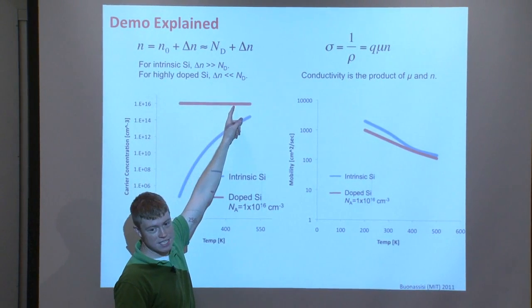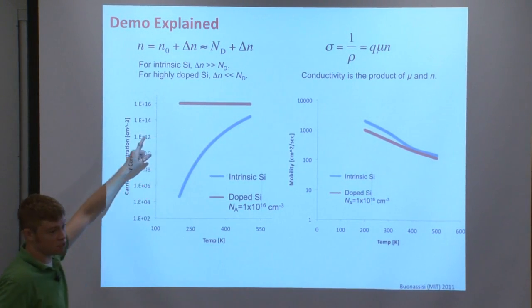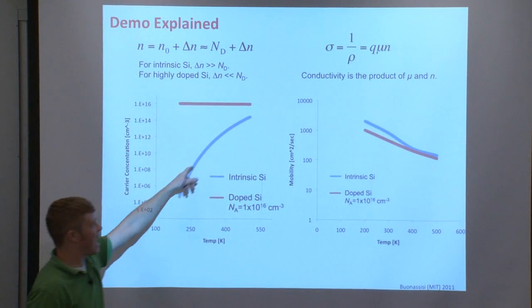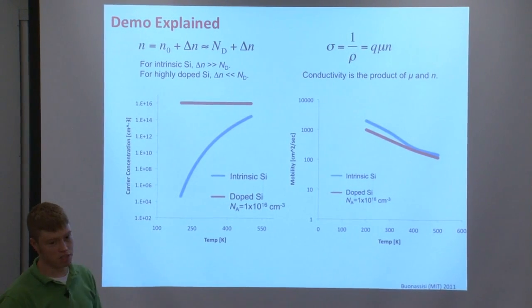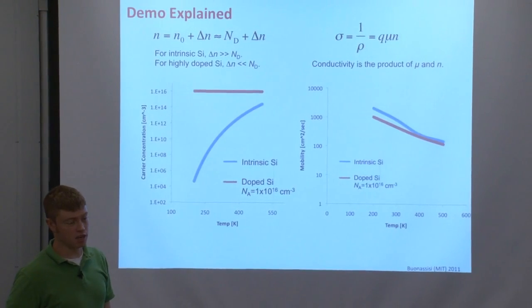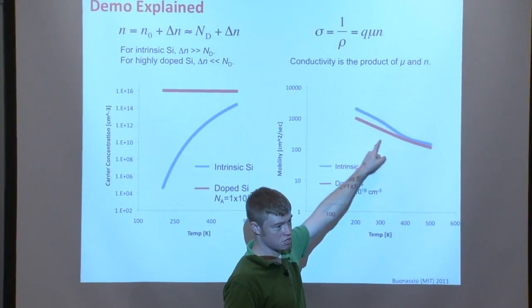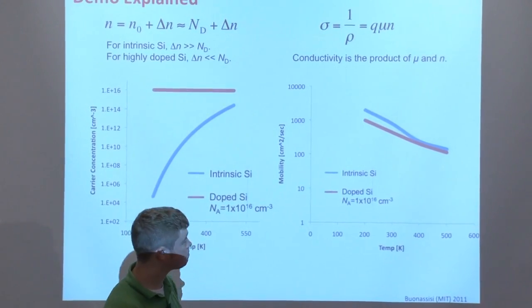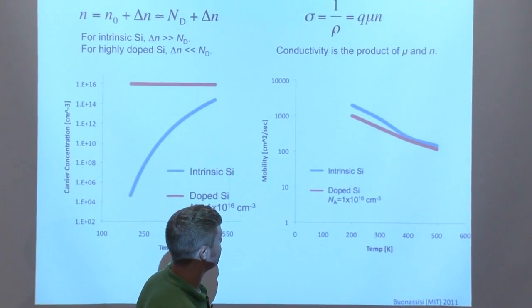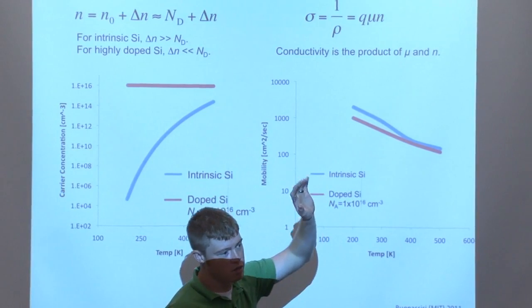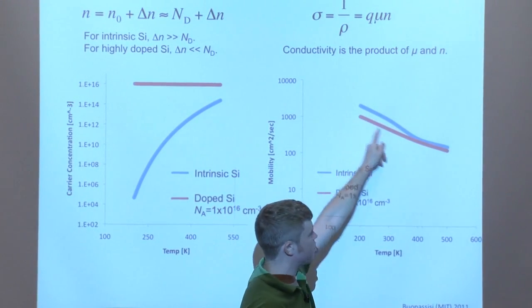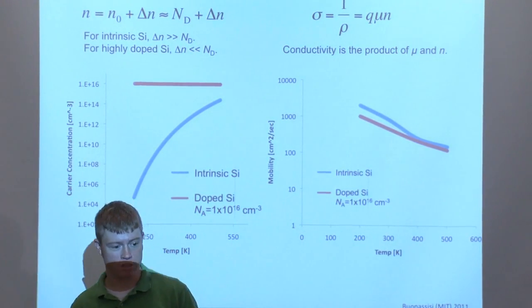But if we had 10 to the 16 carriers originally from our dopants, these added intrinsic carriers aren't going to have much of an effect at all in terms of the conductivity. So what's really affecting the doped case is that our mobility actually goes down with temperature due to these scattering events. For intrinsic silicon, you get a little bit better mobility, so it's a little bit higher. But they both have the same general trend of lower mobility,